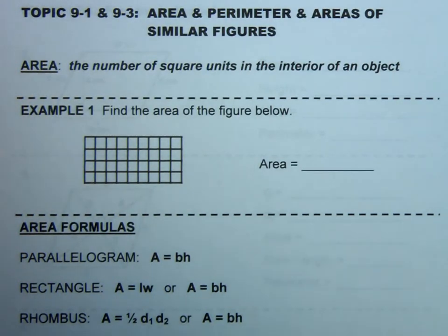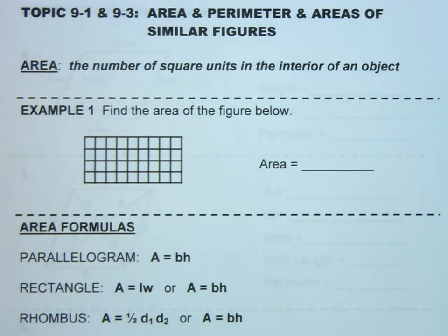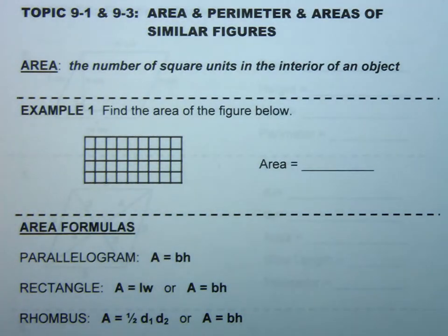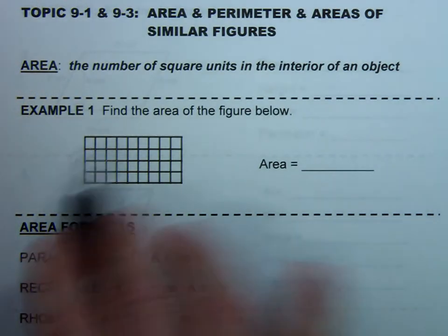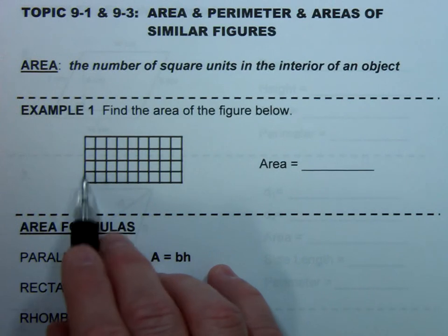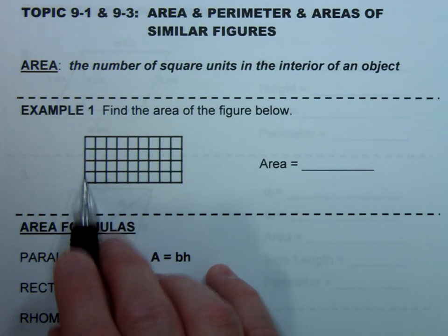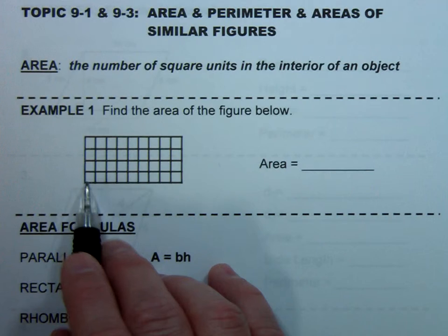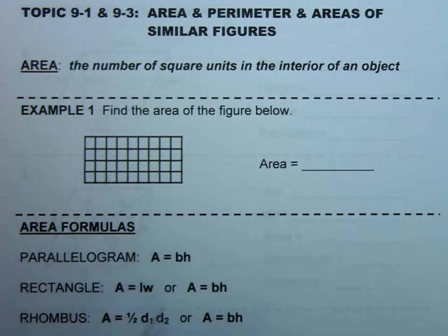All right, we're going to talk about area and perimeter and the area of similar figures. Area is the number of square units in the interior of an object. So for example, this figure can be broken down into square units. That means 1 unit by 1 unit creates a square. So if I count up the number of little square units in here, that would tell me the area of